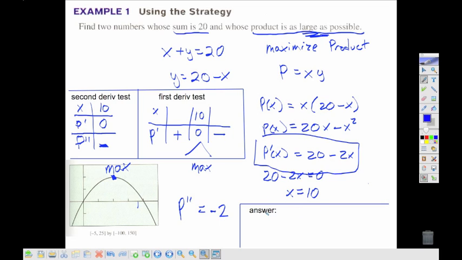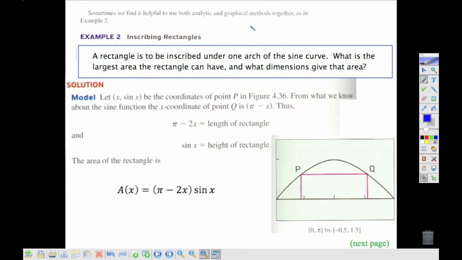So we also want to interpret our answer here, and we wanted to know the two numbers. So the two numbers are 10 and so 10 plus 10 would give me 20, so the other number is also 10. In the next problem, we're asked to put a rectangle, it says inscribed under one arch of the